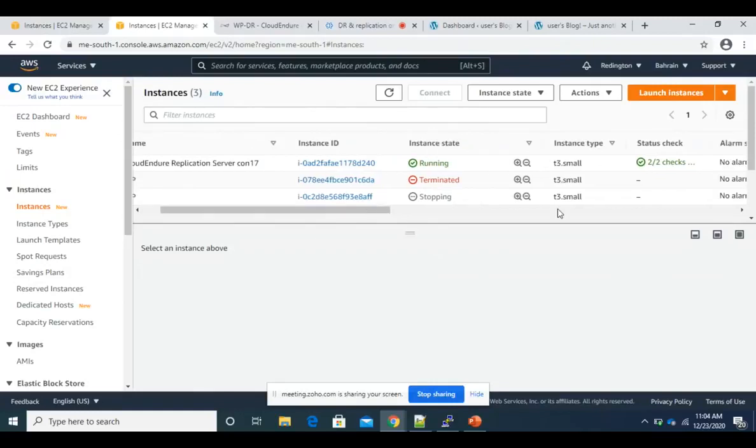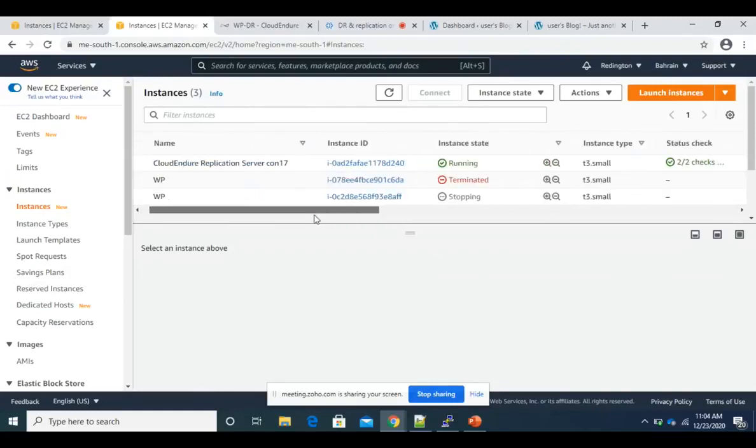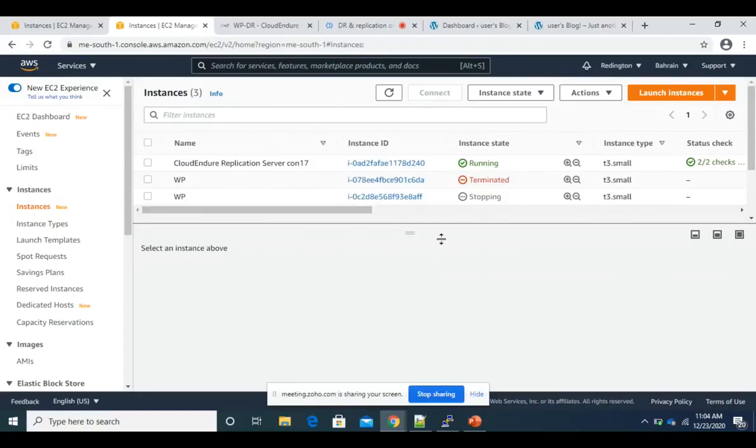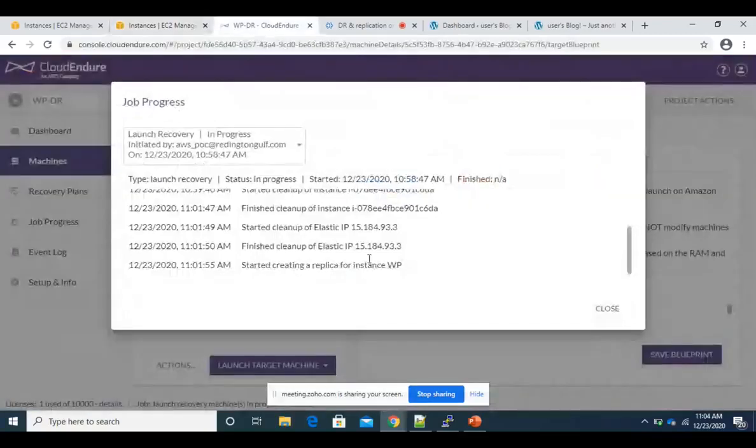We selected a really small instance, T3 small, to keep the cost low. So it's just a 2 vCPU machine, so the conversion actually would be a bit slower as compared to general purpose instances.